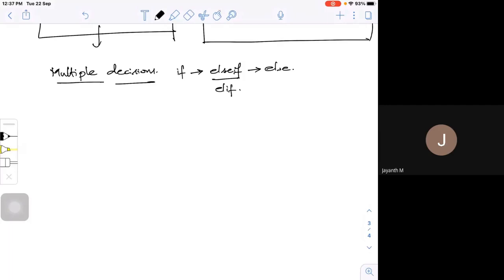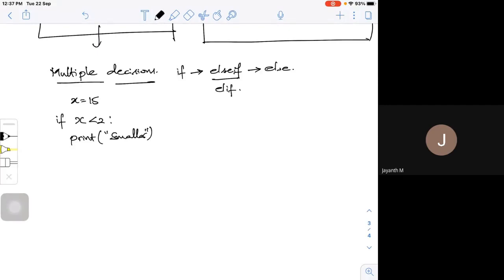Okay, so let me define some x is equal to some 15. Let me go with a bigger number. I'll give a condition statement. If x is less than 2, I can print it is a smaller number. Let me put one more condition. If this condition is yes, it will print.